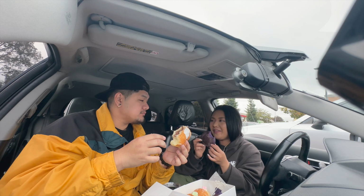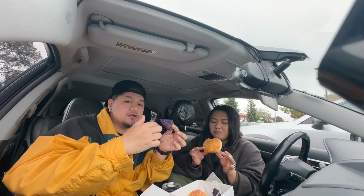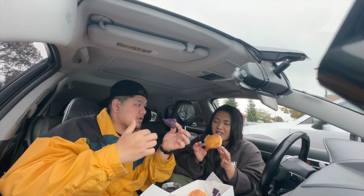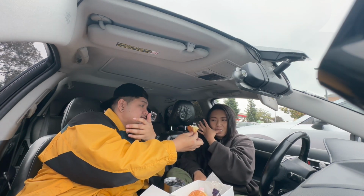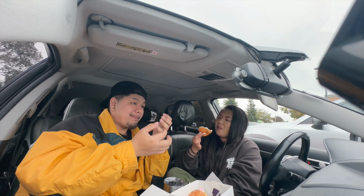This one is really good. Good. This is good. This one's good too. I thought it was just gonna be vanilla, but it tastes like White Rabbit. I ate a whole nut. I can't even. That's really